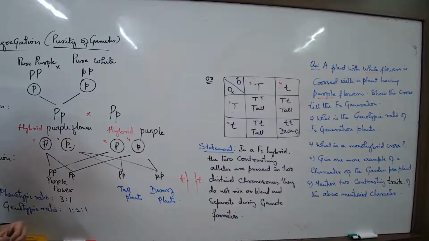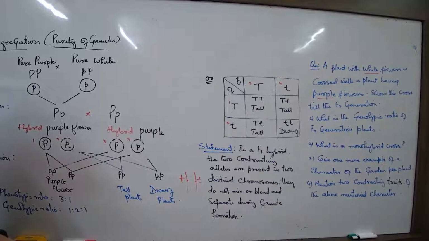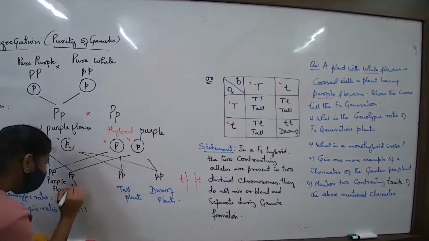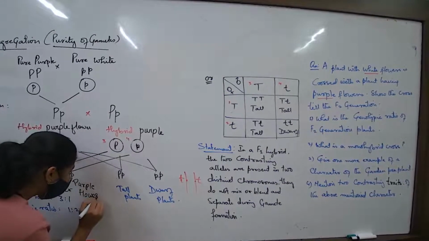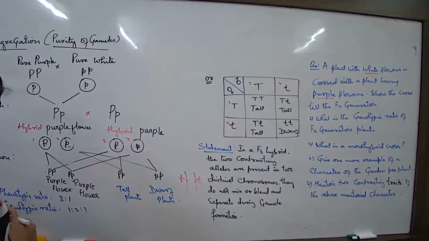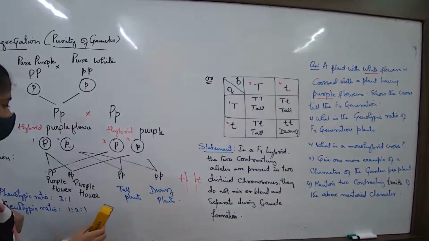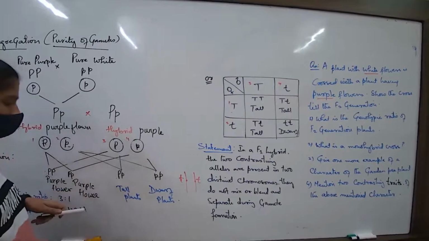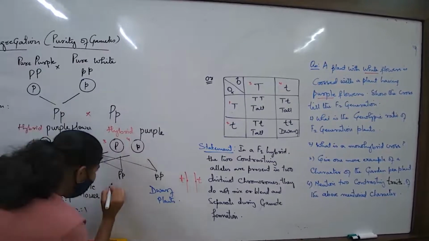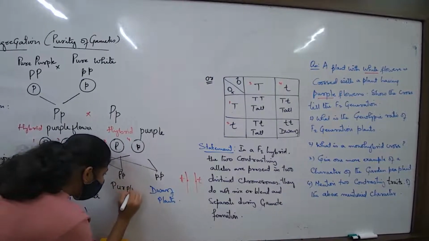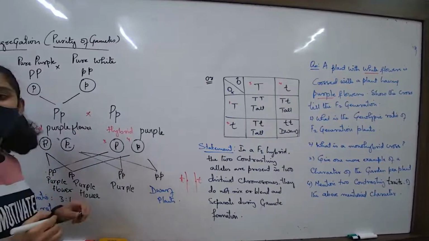Capital P and small p अगर genotype है, phenotype क्या होगा? हाँ तो कैपिटल P एक्सप्रेस करेगा ना, तो कैपिटल P का फेनोटाइप क्या है? पर्पल लिखो। थर्ड क्या लिखोगे? थर्ड का फेनोटाइप लिखो। वेरी गुड। फोर्थ का क्या लिखना है? वेरी गुड लिखो।